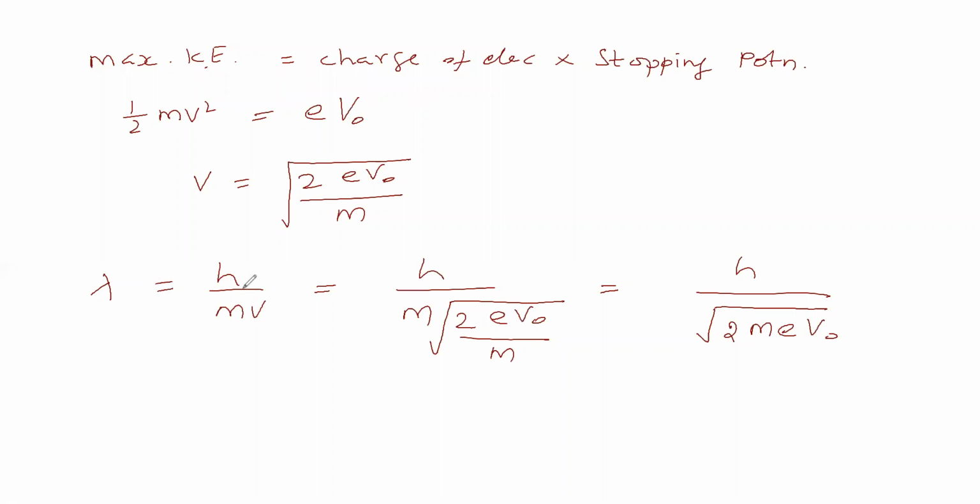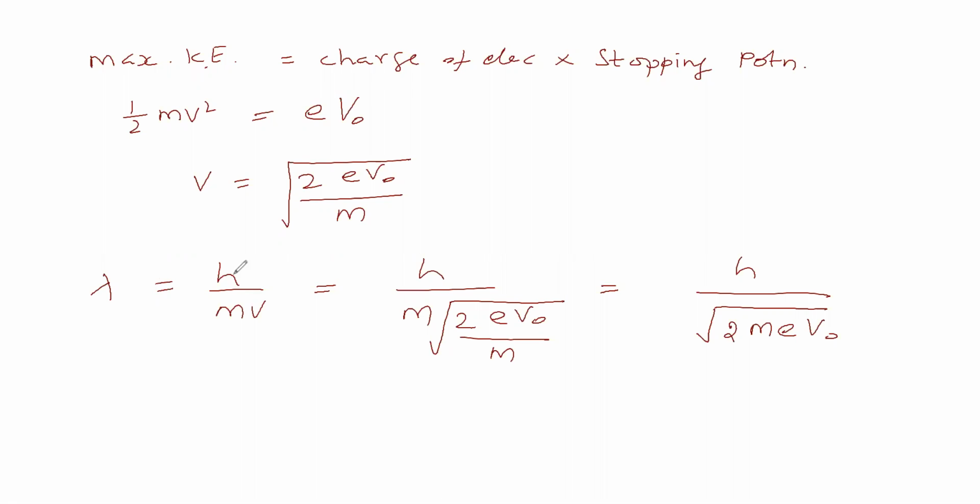We will take an example. For this electron, let us take the kinetic energy, suppose this much. It is the kinetic energy of the electron. From kinetic energy, we can find the velocity of the electron, which comes as this much. Then this velocity value, let us substitute in de Broglie's equation. De Broglie's equation is lambda is equal to h by mv.